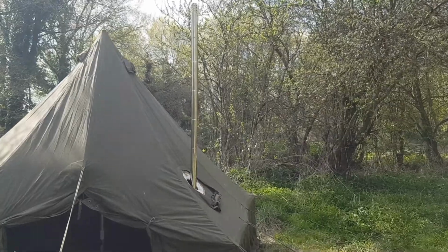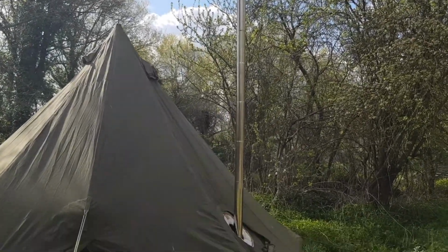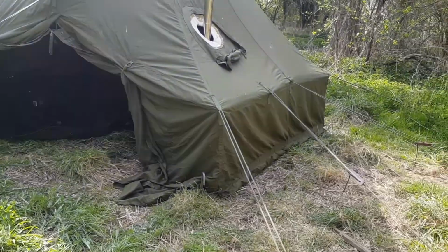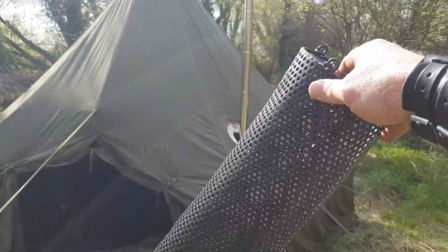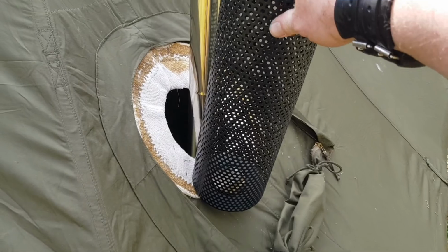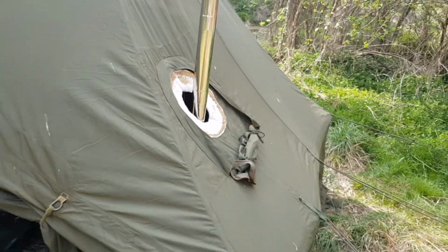This is going to be great. I'm going to try this in the Lavoo. I dare say I'll knock the flue length down where I'm using it in the Lavoo. And as I say, I got this other stove jack. Just bear with me a second. Yeah, I got this other Outbacker stove jack for it, which just sits inside here. Obviously in the Lavoo this will keep the flue away from the arms in the Lavoo,